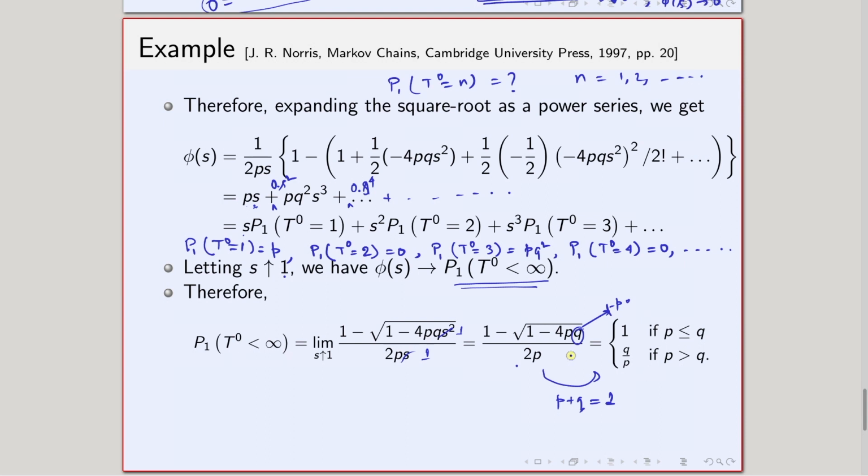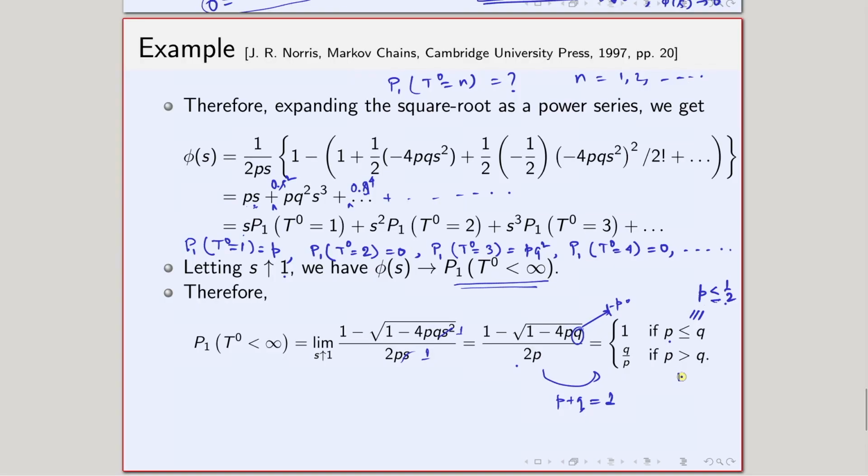So, what does this tell us? It tells us that if p is less than q, which is equivalent to saying p is less than or equal to half, then starting from 1, it is sure that we will hit 0. So, if a population follows this kind of Markov chain evolution and starts from 1, it is sure that the population will go extinct if p is at most half. Notice that p is nothing but the probability of birth. And if p is greater than half,